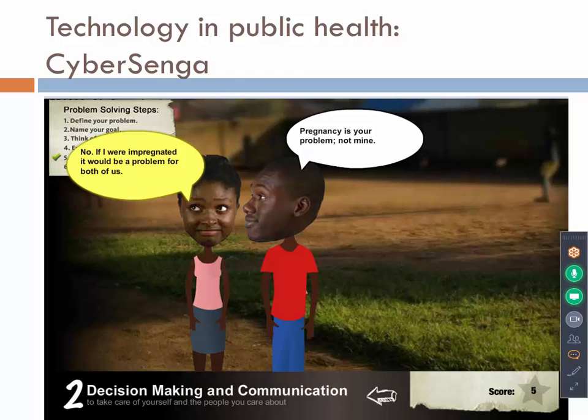So, for CiPHR we had basically, and this goes back to theory, I can't tell you what theory, but there's a theory that says if you have sort of a respected other, and they're sort of the guide sharing all this information, that's a good thing. So Senga is traditionally in Uganda the paternal aunt, and it's her role to sort of teach young women how to be good wives, basically, which includes how to have sex. And so we decided to harness that, and so we created Cyber Senga, and the Senga is somebody who's sort of,